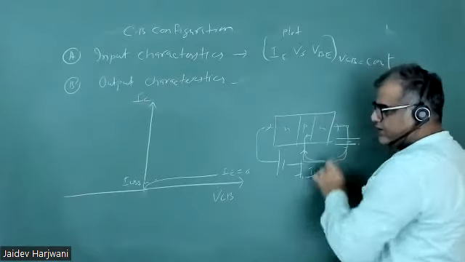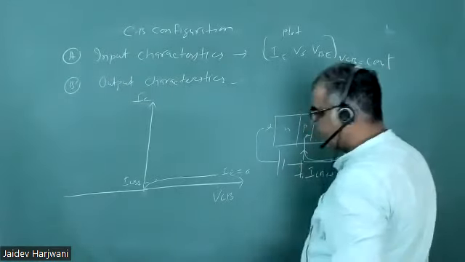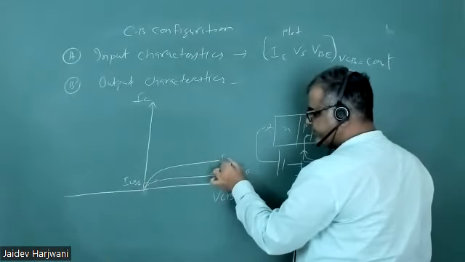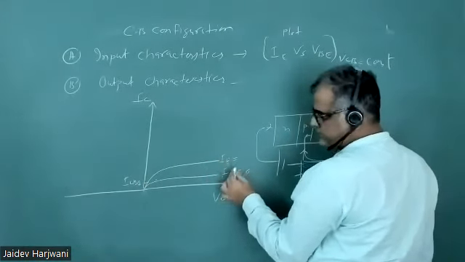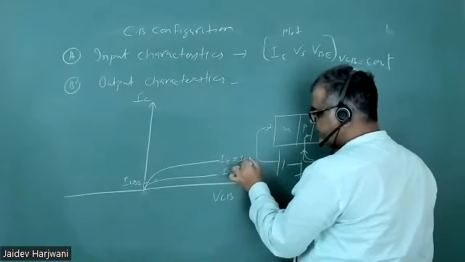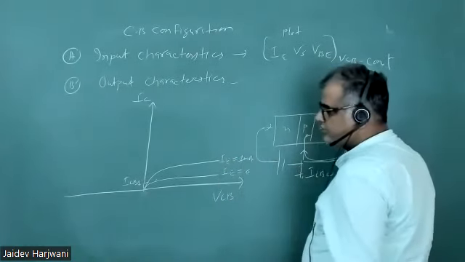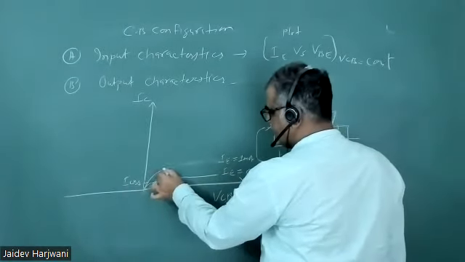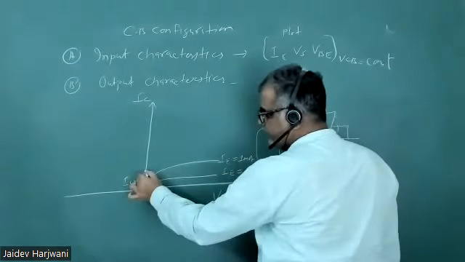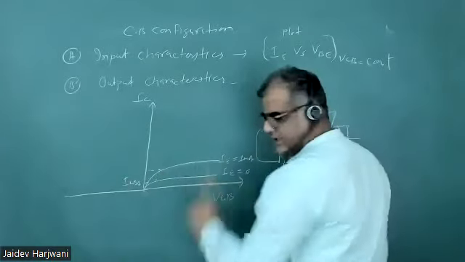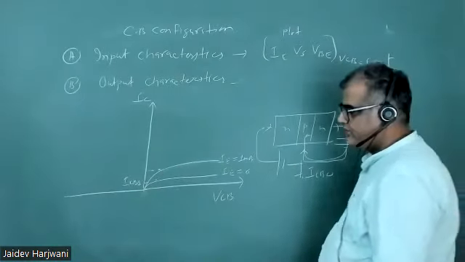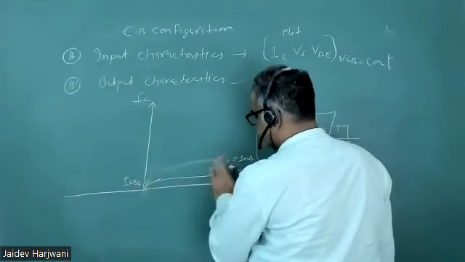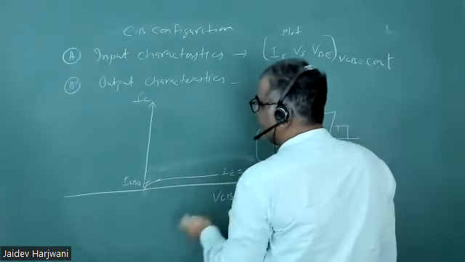अब आपने यहाँ पे फॉरवर्ड बायस कर दिया, तो यहाँ से भी करंट फ्लो होगा। ओके, तो अब क्या होगा? सपोज आई एम कीपिंग नाउ IE इक्वल टू 1 मिली एम्पियर, कांस्टेंट, तो मेरा IC कितना होगा बताओ? IC will be almost equal to IE. Yes or no? Okay. अभी ऐसा नहीं समझोगे तुम लोग, चलो ये हो गया मेरा।